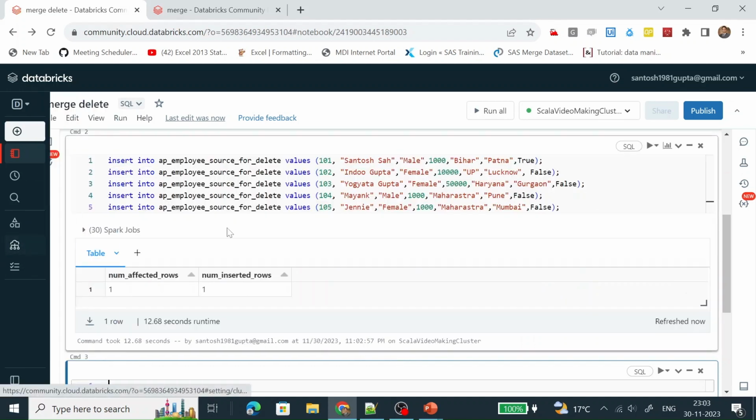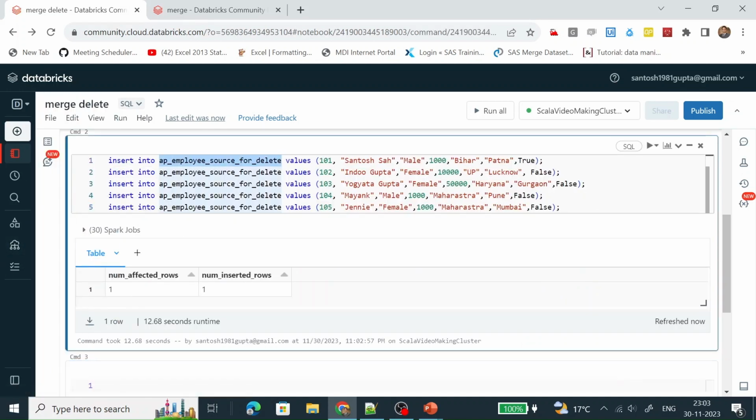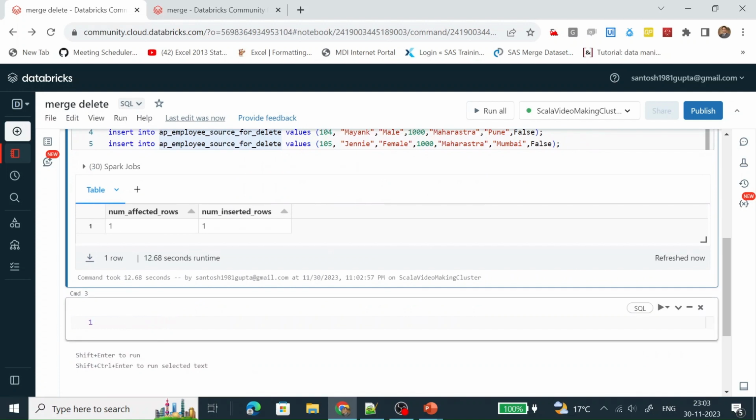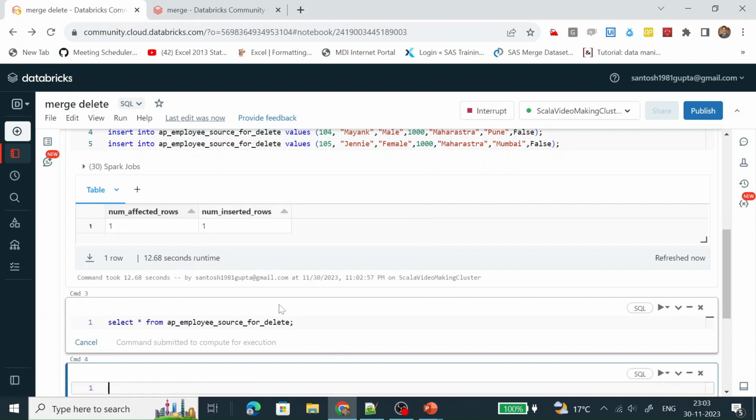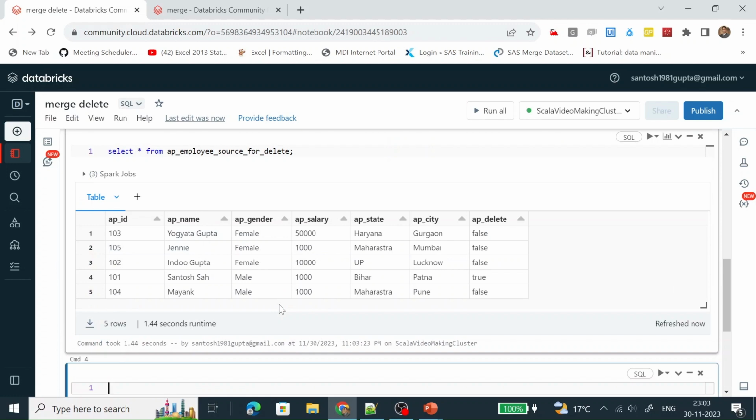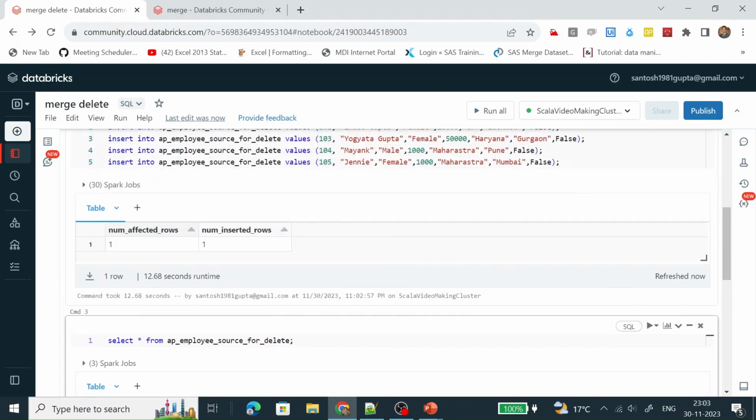So records are inserted. Let me do a select. So these are the same records which we have inserted.